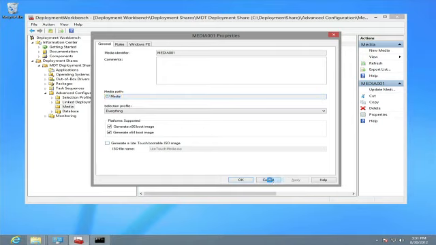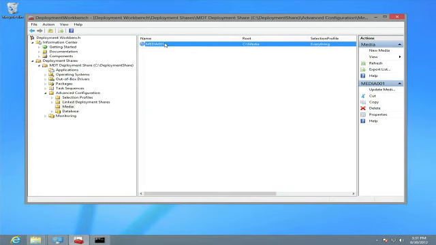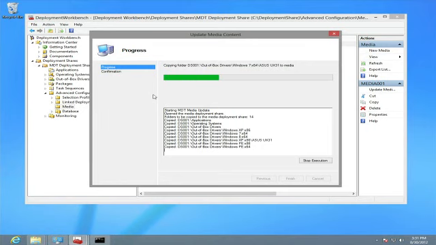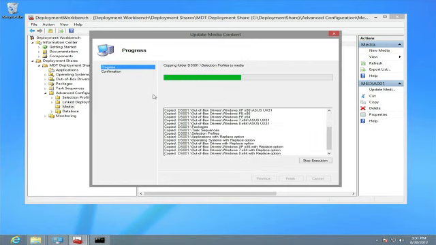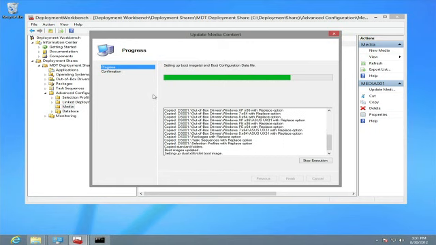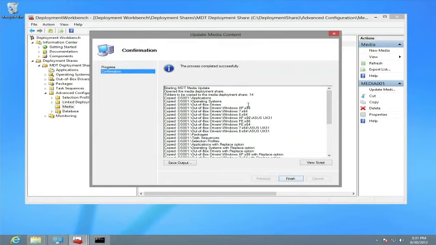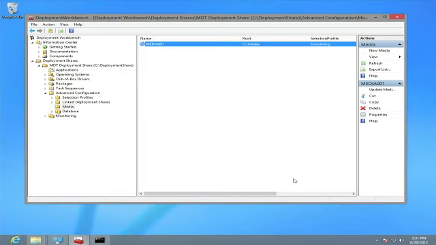So after we've done that, we need to right-click on the media item and say to update media content. That will take all the files from the main deployment share and copy them into a staging folder for the media. As soon as that process finishes, we can then take that staging folder and copy it over to the USB key. That'll take a few seconds here, only because it's already determined that all the files necessary are present. So we can click Finish on that wizard